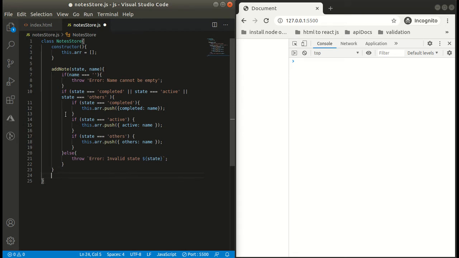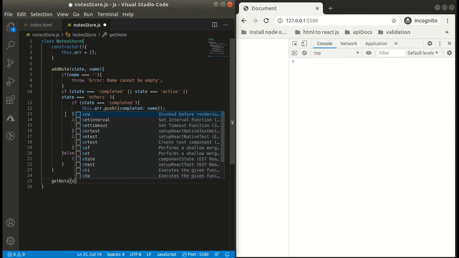So guys, our add node function is complete. Now we will be making the get node function, and it will simply take a state as an argument.